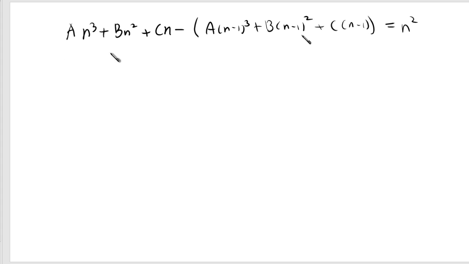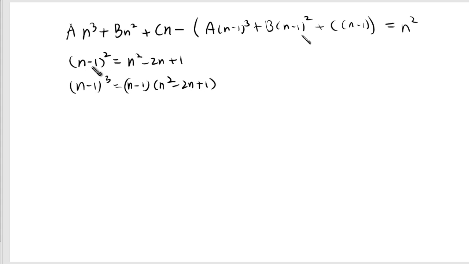Okay, so let me write some really basic algebra. n minus 1 squared is n squared minus 2n plus 1. And n minus 1 cubed would be n minus 1 times n squared minus 2n plus 1, because it's just n minus 1 times this. And if you FOIL this, you're going to get n cubed minus 3n squared plus 3n minus 1. And therefore, if I